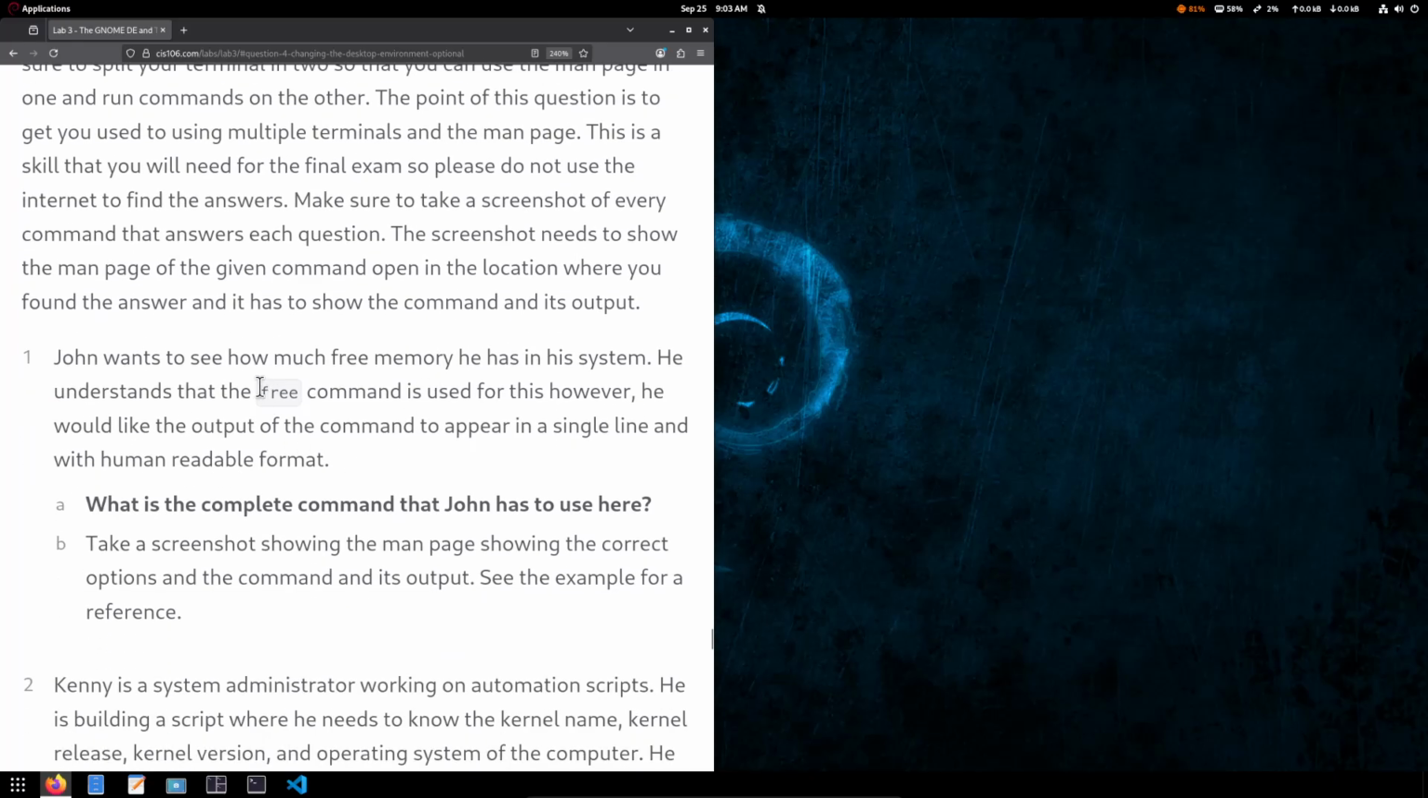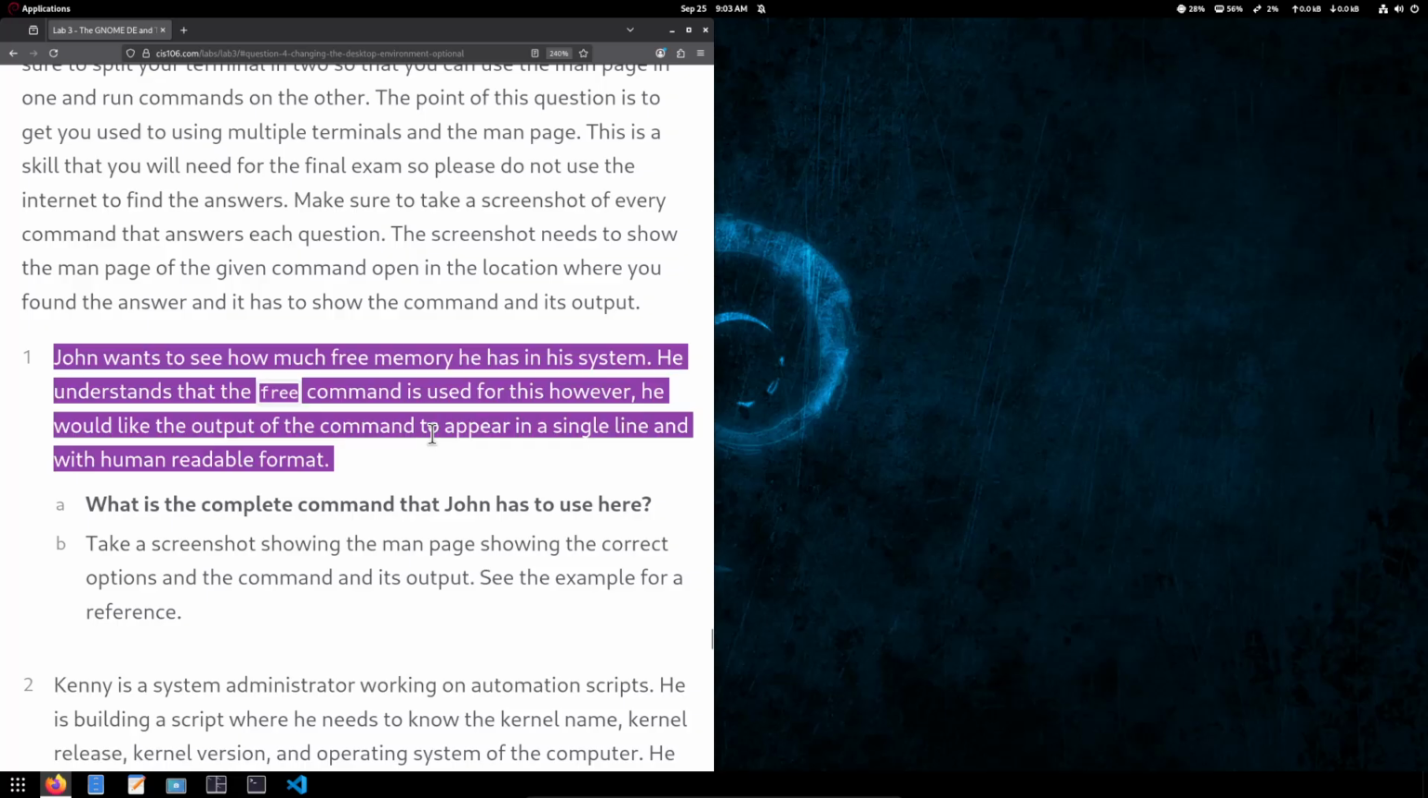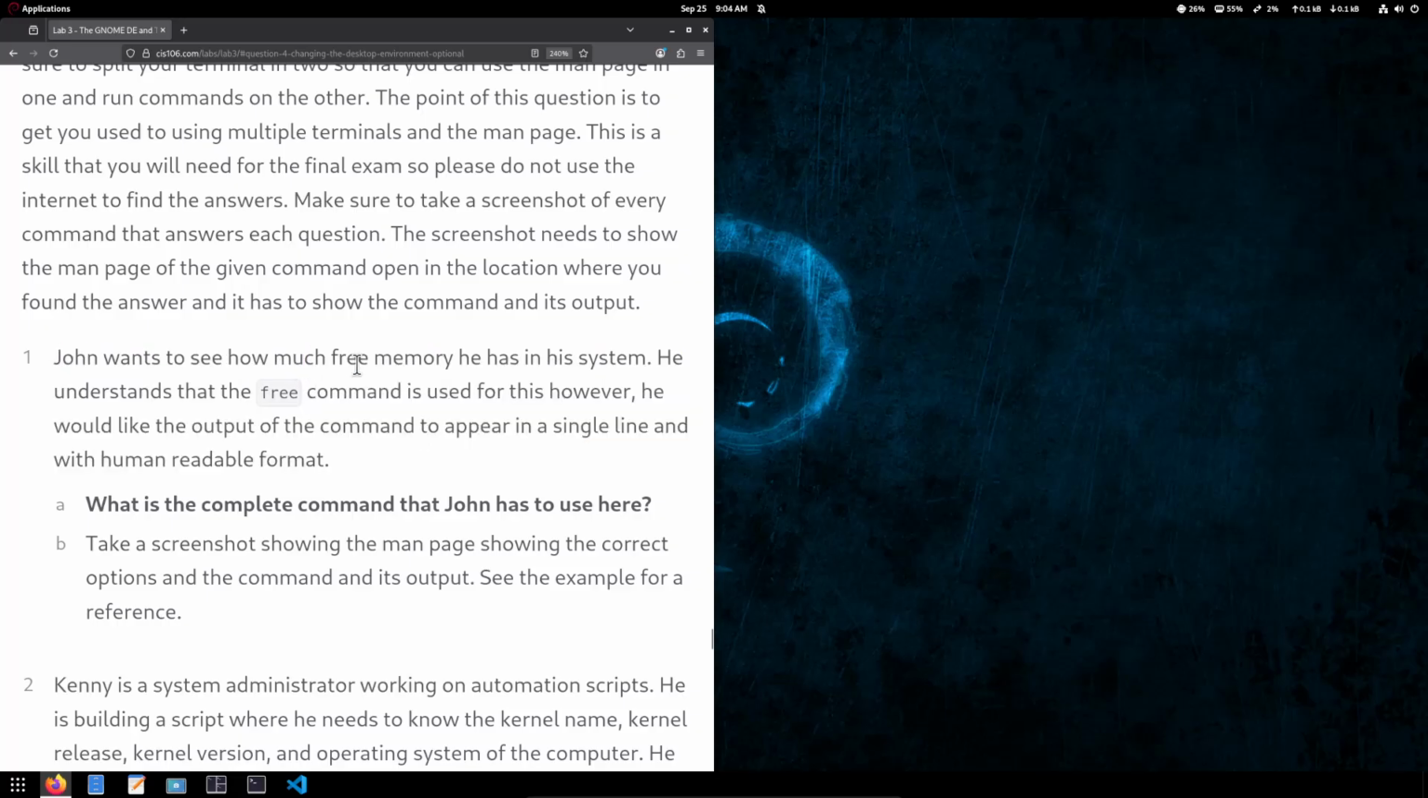Now, here is the question. It's scenario based, similar to your final exam. This is the type of question that I'll ask in your final exam. I give you a scenario, and you're going to use Linux to solve the scenario. John wants to see how much free memory he has in his system. He understands that the free command is used for this. However, he would like the output of the command to appear on a single line with human readable format. Your goal is to figure out how you can print the memory in a single line and with human readable